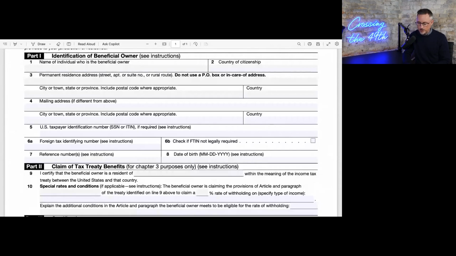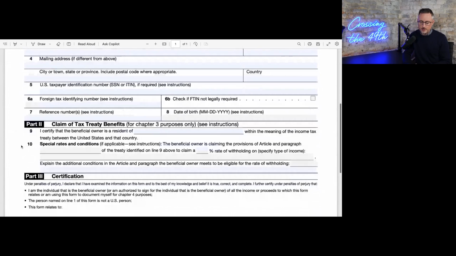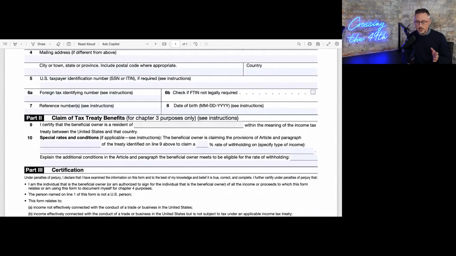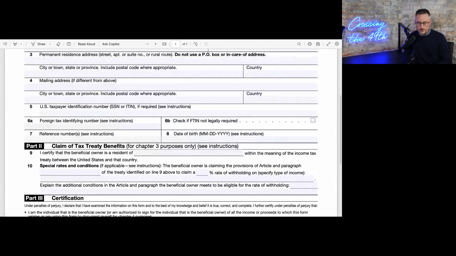Most of these are not applicable, your date of birth. And this is the most important part. So outside of your name and your address, likely the most important part here, they need to see your foreign social insurance number, which is your Canadian number, and then your US ITIN if you have one. Date of birth is important, but this section here, part 2, is really important because what they're doing is they're asking you,